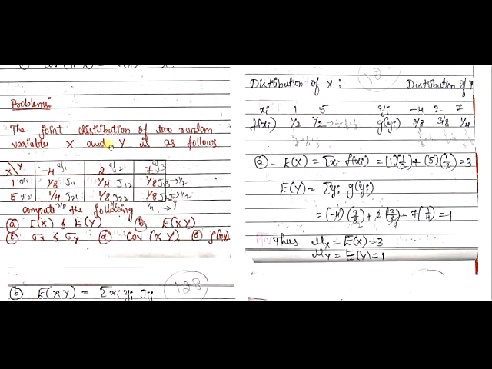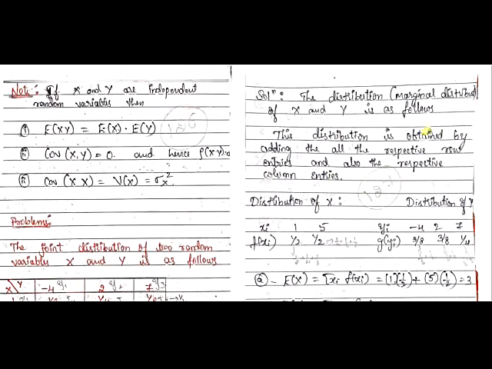Now anyway, these things are given. Now you know what is given here and what you have to find. You have to compute the following: E of x, the expectation of x, and expectation of y, and expectation of xy, and standard deviation of x, standard deviation of y, and covariance of xy and correlation of xy. Now let us find all these things.